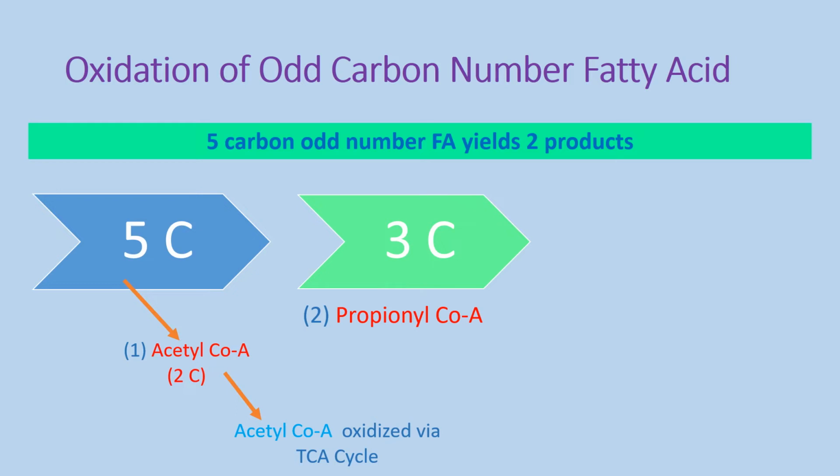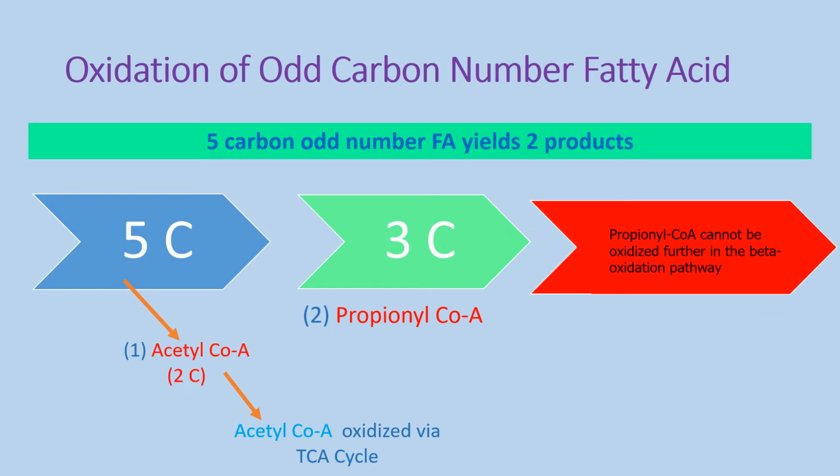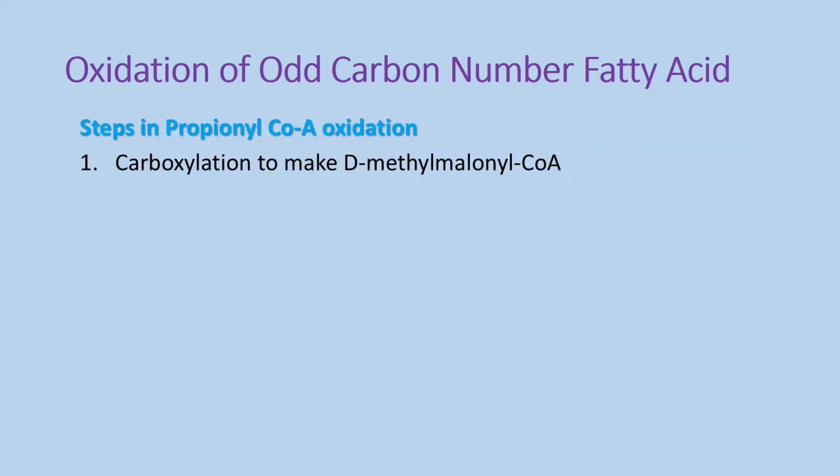Propionyl-CoA cannot get oxidized further in the beta oxidation pathway. So some different enzymes are required for the oxidation of this propionic acid, so that it can be utilized for the production of energy. In the next slide we will see how this propionyl-CoA gets oxidized. There are 3 main steps involved in the oxidation of propionyl-CoA. During the first step, this propionyl-CoA is converted into